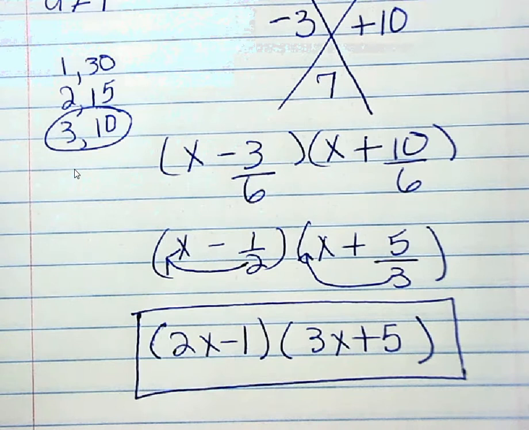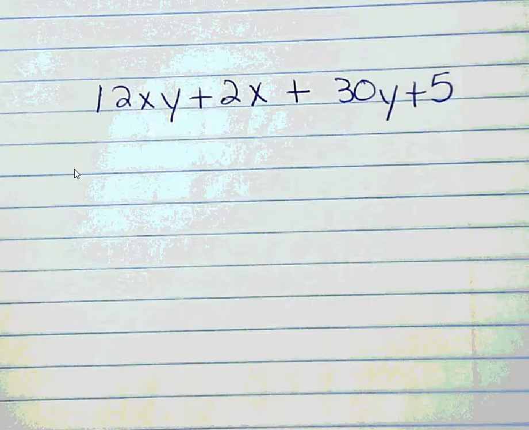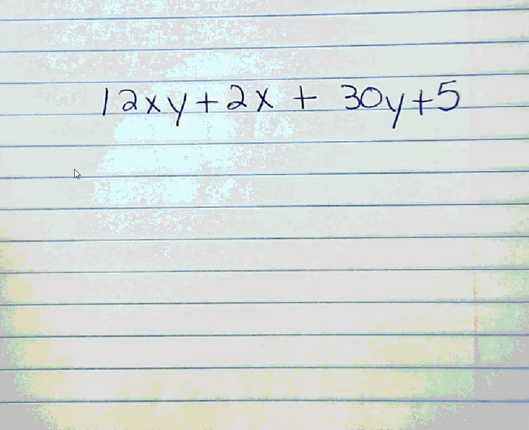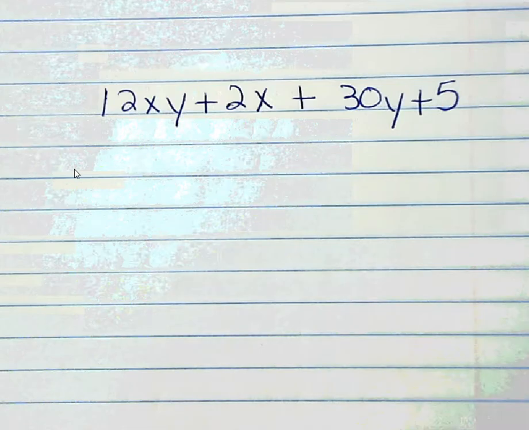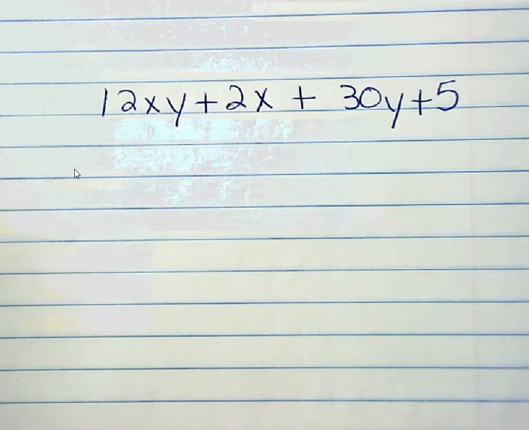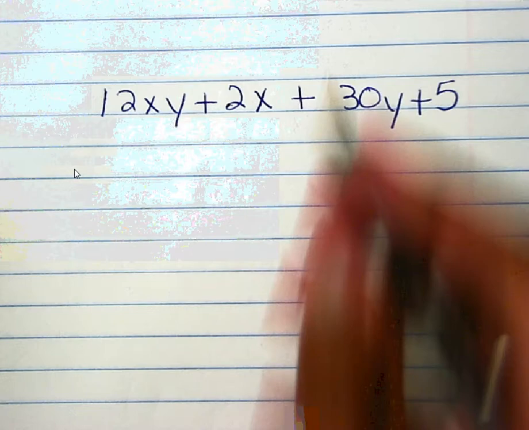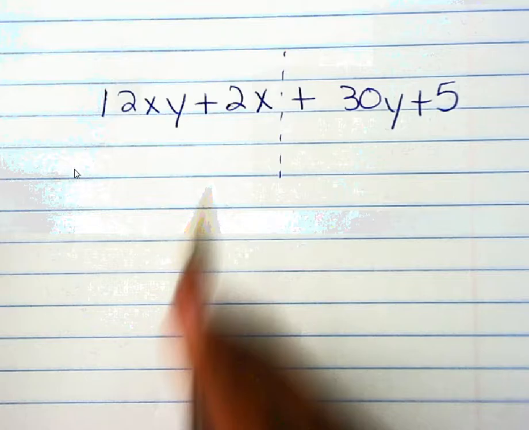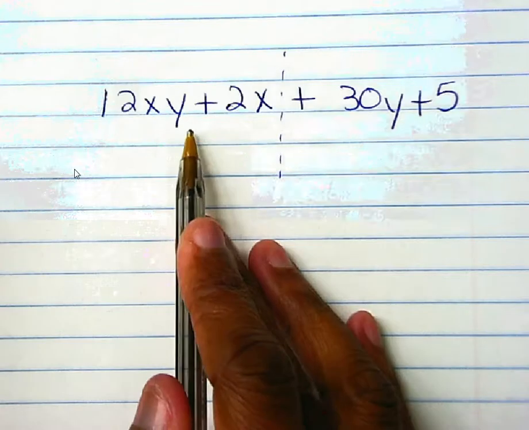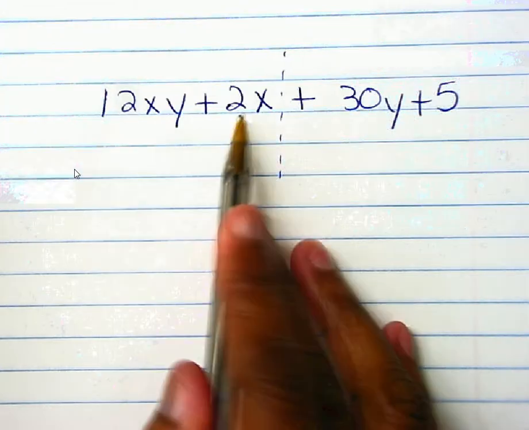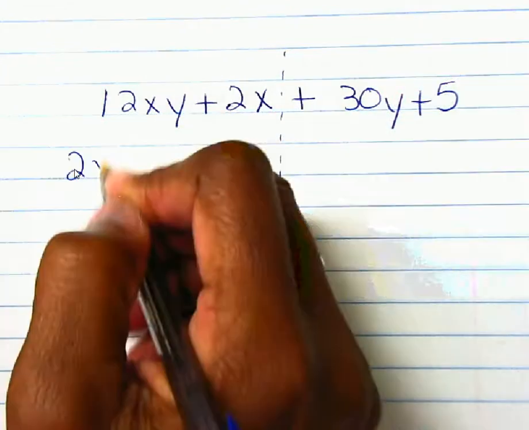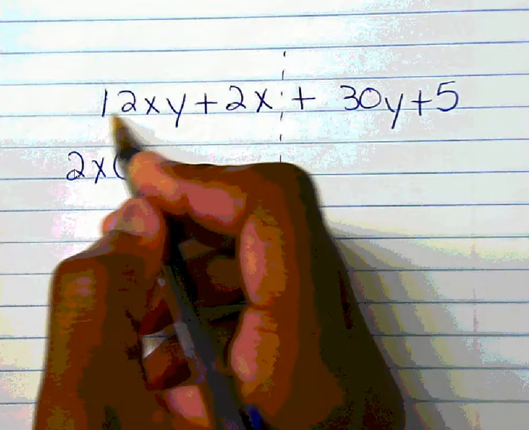Okay, this video is also getting long, but I only have one more example. My last example is a 4-term polynomial. Okay, with 4 terms, it says we're going to do factor by grouping. You want to make sure that they're in standard form, and this one is, and then I'm going to split them up. I'm going to factor the GCF out of this term. GCF appears to be 2x. And if I divide both these terms by 2x,